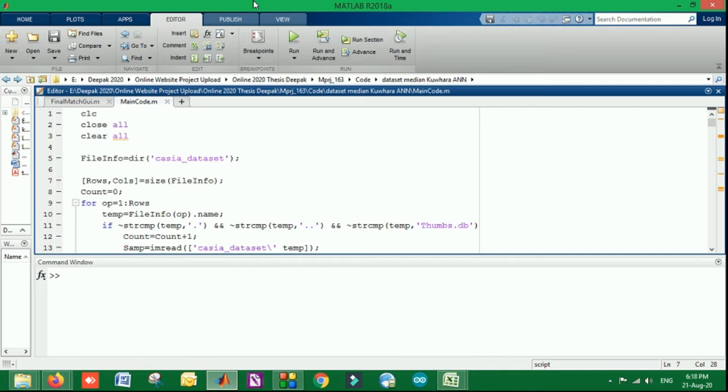Basically, deep learning networks are mostly pre-trained, but here we are developing the neural network from scratch, and it will work according to our datasets, which will reduce the complexity also, right? So let's start with the demonstration of what it is doing.